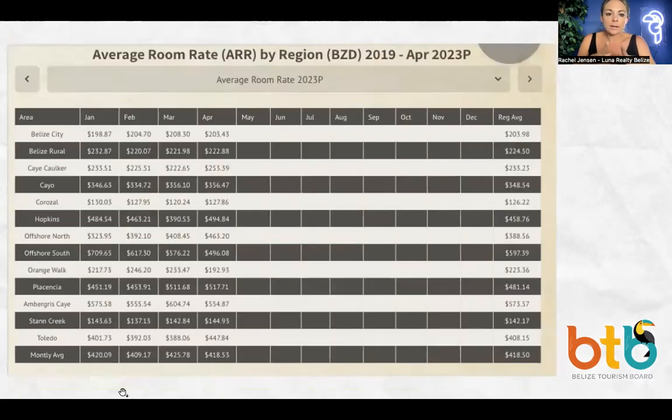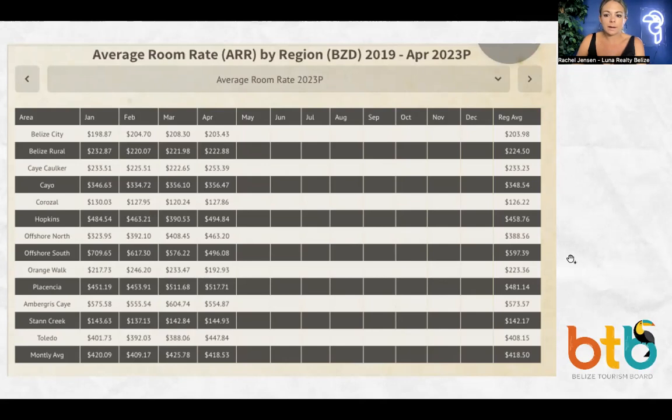to the sessions here. I apologize, this came out a little bit fuzzy, but this is the average room rate for 2023. I'm going to highlight some of the places we mentioned. Belize City is really just for business. We don't see too many people investing in Belize City, but it's a place to bear in mind. Hopkins there, and this is in Belize dollars, by the way, so you want to cut it in half. Hopkins, for example, is about 460, so it'd be 230 US dollars a night for the average daily rate,